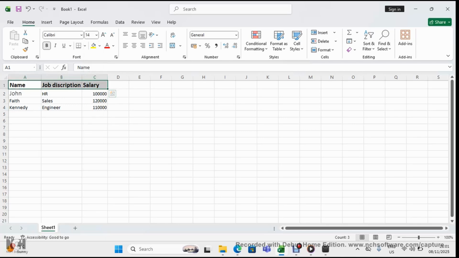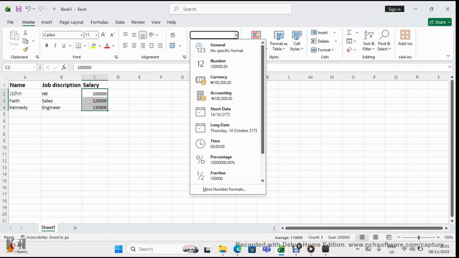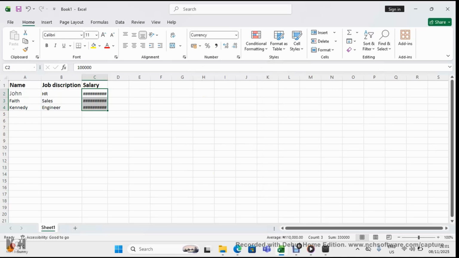So we have the name, the job description, and then the salary. Then we can left align these figures, or we can change them to numbers, or we can change them to currency. So this is currency. This currency is in naira. So we can change them. You can see these numbers are now